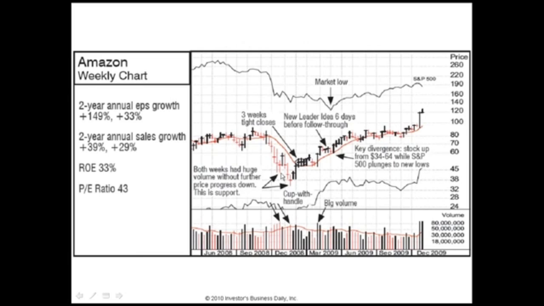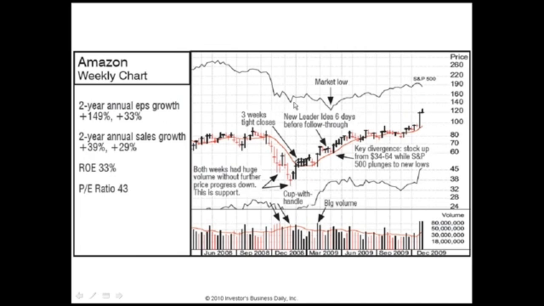Now the market is so terrible that it does roll over and makes a new low, and you have the same sort of thing going on. You have 3 weeks with the volume looking terrible, and that third week, notice it does not close down as low as the second week did from its previous week. So this stock is being supported down in that area, and it turns when the market tries to turn.